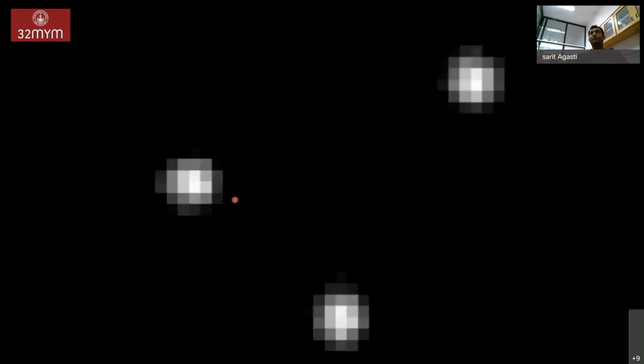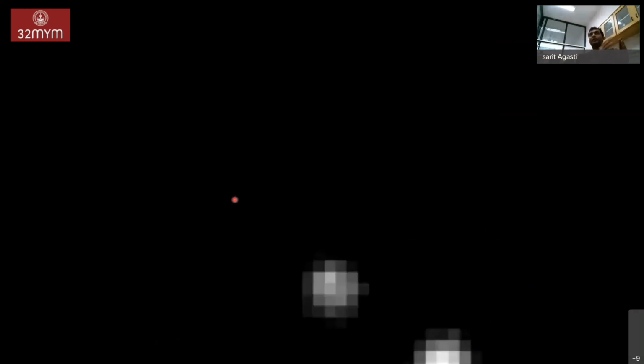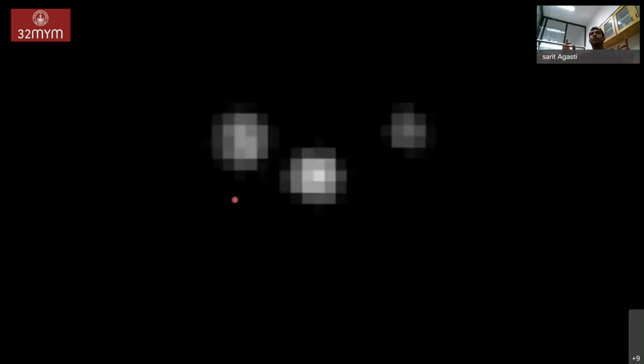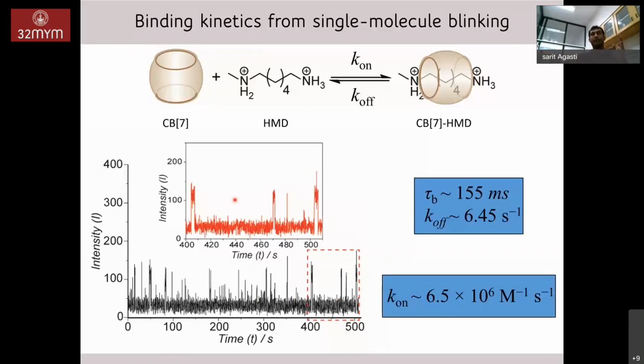And what you essentially are able to see here is that a single spot represents the formation of a single host-guest complex, right? And now let me show you what you are able to see if I image this over time. So let me play this video, and what you see here is that the spots appear and disappear intermittently, and they stay for some time and go back, right? So that essentially supports our hypothesis that you are able to probe single molecular binding events in real time.